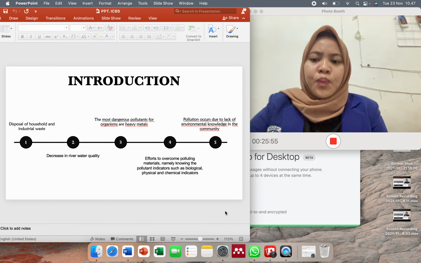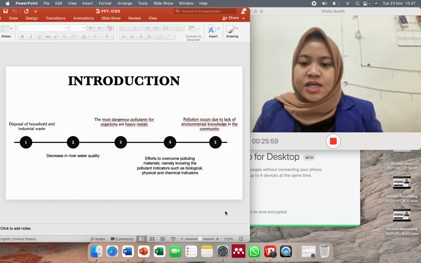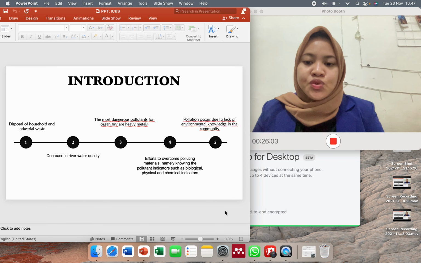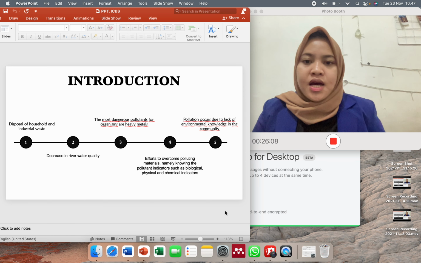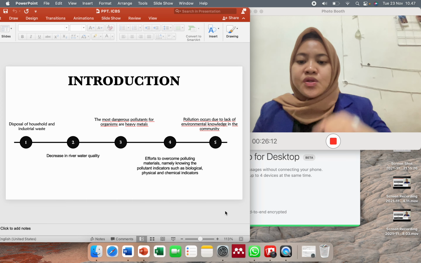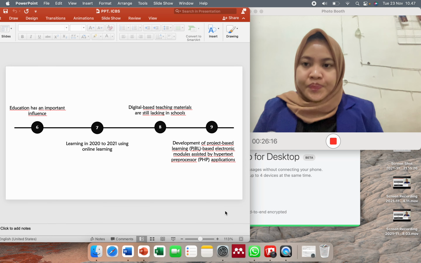Pollution occurs due to the lack of environmental knowledge in the community. So it's important to provide students with complex concepts about environmental change, because a student will later pass their knowledge on to friends or the community.